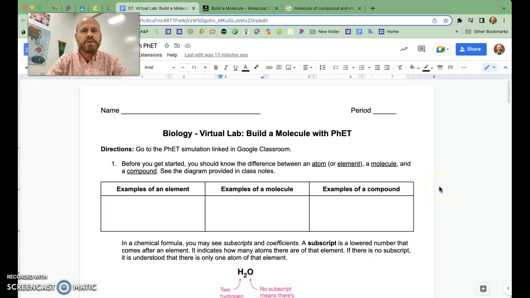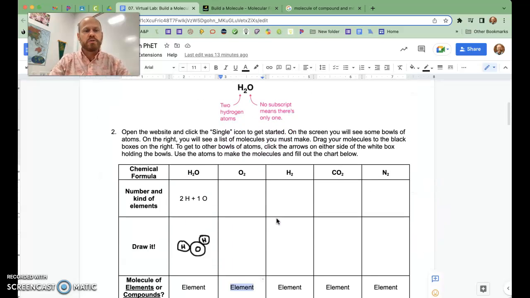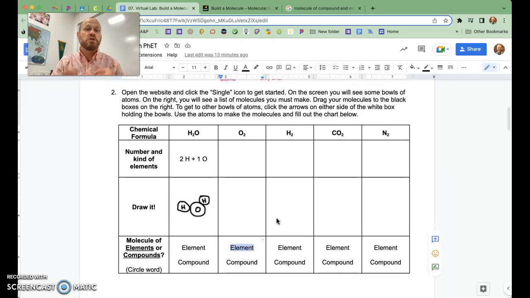Hi everybody, I'm going to give you a short tutorial on how to use what's called a PhET. A PhET is a computer model that allows you to manipulate, drag and drop, and build things. And in today's assignment, you are going to be building molecules using a PhET. So I'm going to jump down to the bottom here where you're actually going to start using the PhET to